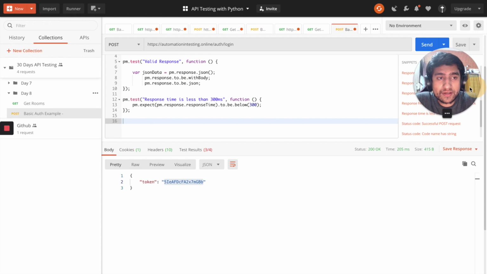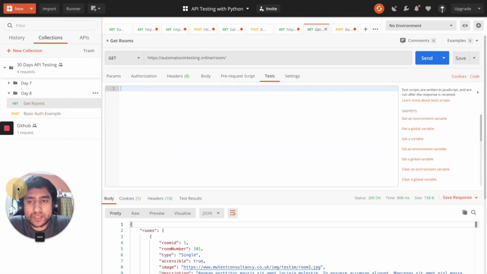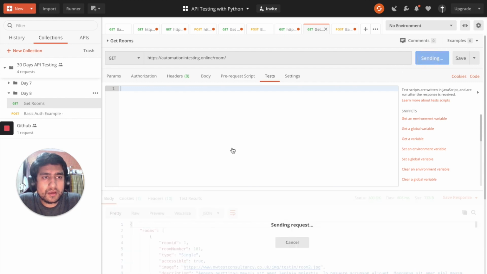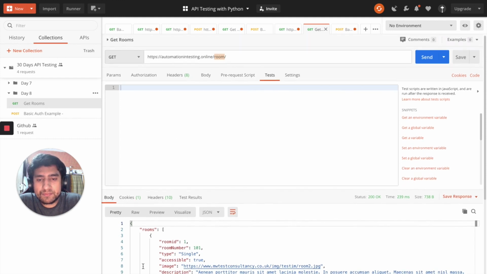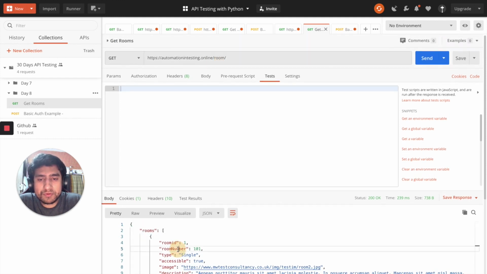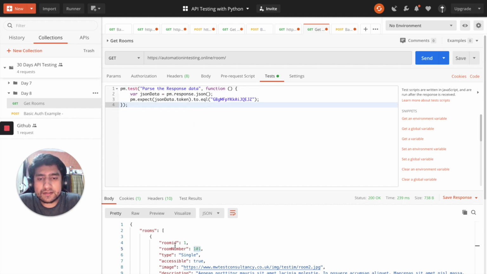What you can do here is go to the GET request. In the GET request, for example, we are making a request to rooms, and we know that room number 101 is already coming. So you can call the JSON data, which is this JSON rooms.